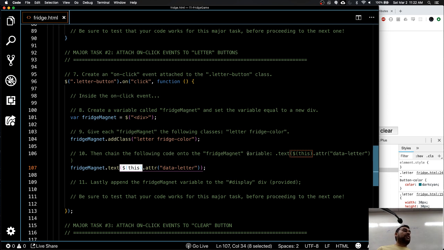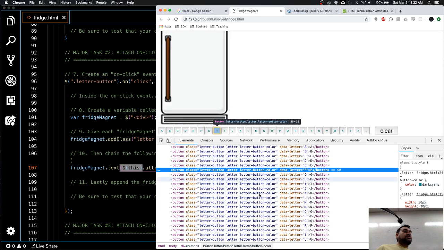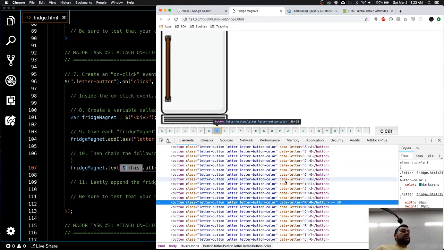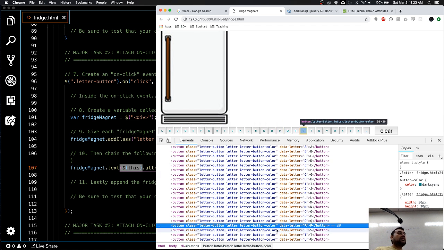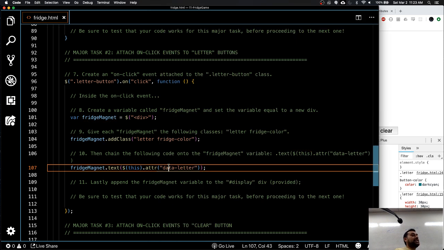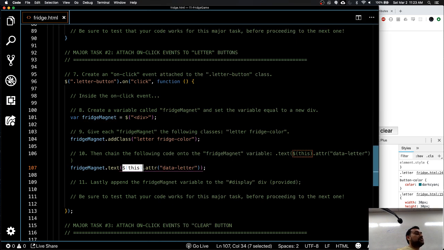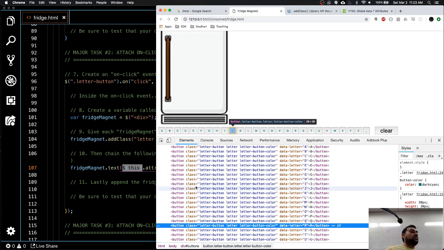When you use this keyword, it will know which one was clicked, whether it was M, H, D, Q, R, whatever. Since these are all dynamic, jQuery keeps track of them using $(this). So when this was clicked, which exact line was clicked, this is how you get it. This is the placeholder that jQuery will identify which HTML line or which button was clicked,